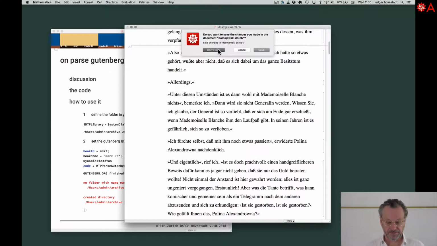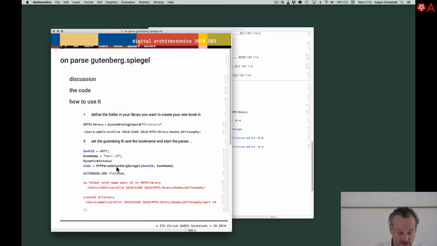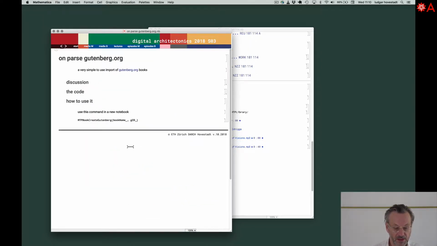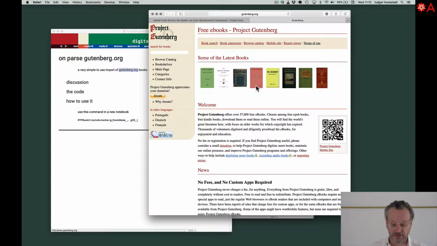So now, go for the next parser. It's Gutenberg.org, and this is pretty well developed. It's a corresponding website in English. It is better organized, and it's just for downloading, less for reading. It has 57,000 free books, and if you, for example, go for Voltaire,